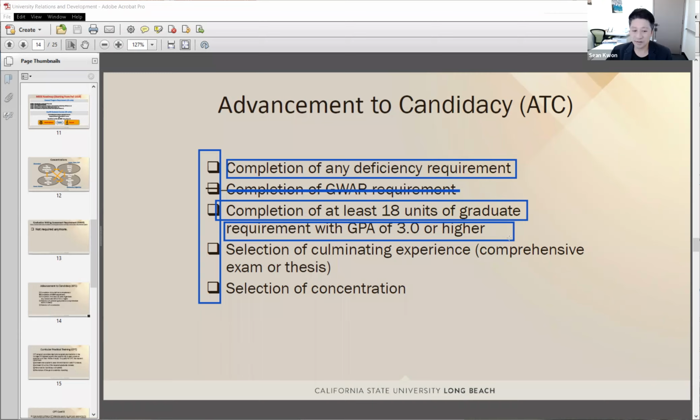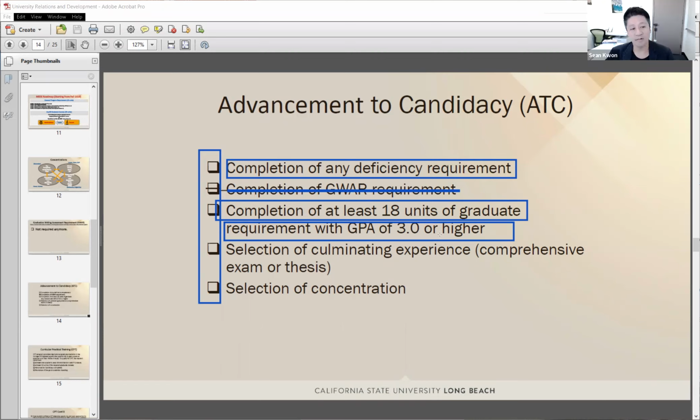That means students should not be in academic warning or probation. If a student is in probation, the student first needs to increase the GPA to equal to or greater than 3.0. Then the student can apply with the advanced to candidacy form for approval.